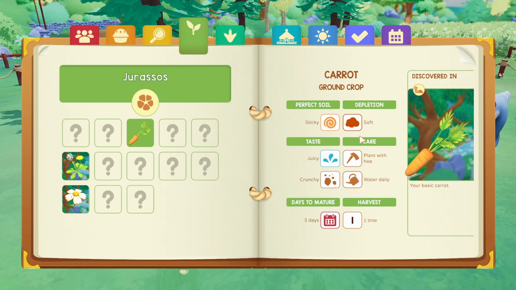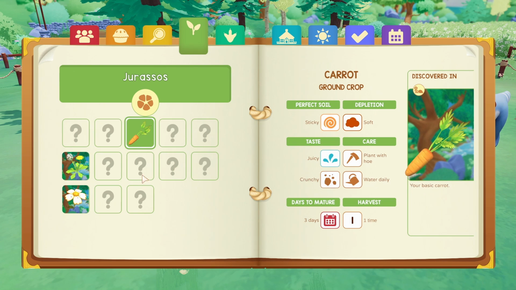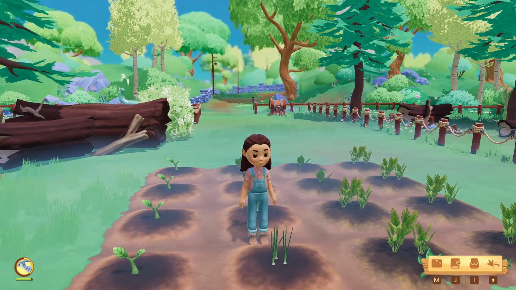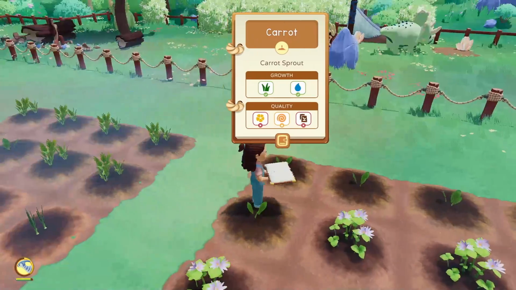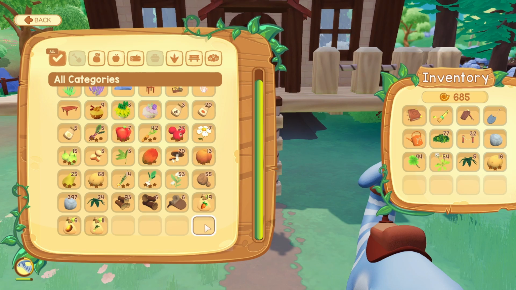Carrot's perfect soil is sticky, while its depletion soil is soft. On the other hand, spring onion's perfect soil is soft, so plant it after carrots. It will then leave a sticky soil after, which is perfect for carrots. Unfortunately, to get the perfect 3-star quality, the crops still need fertilizers even if you plant them in the correct